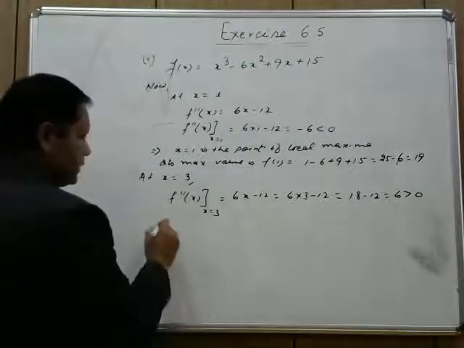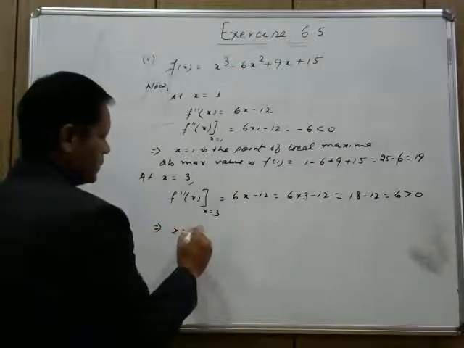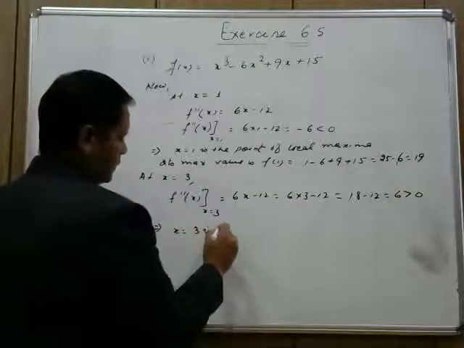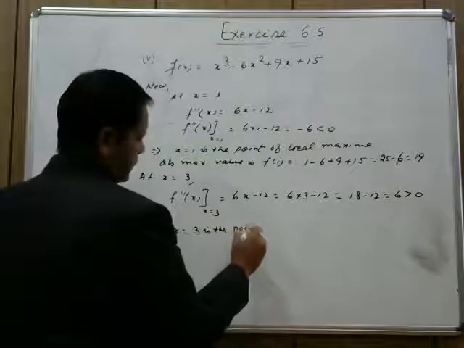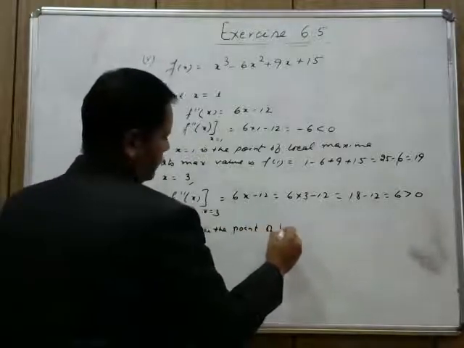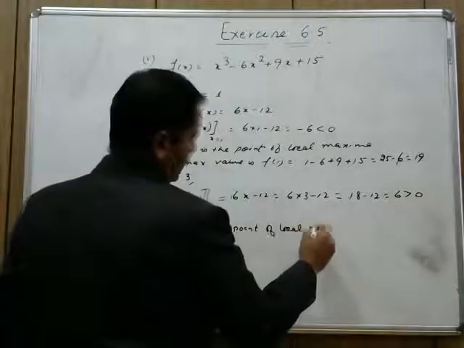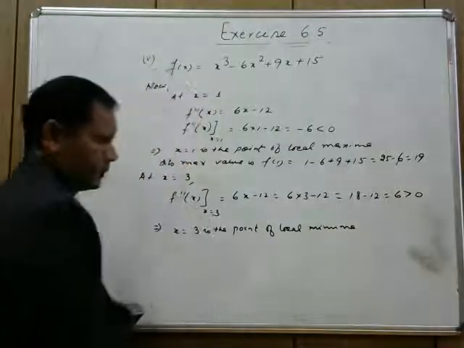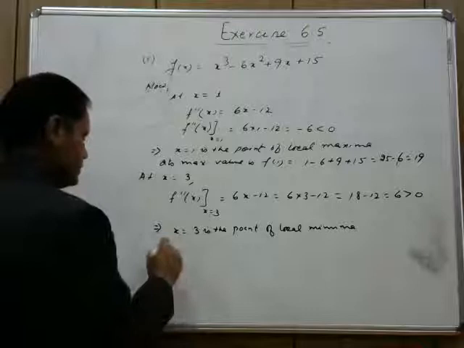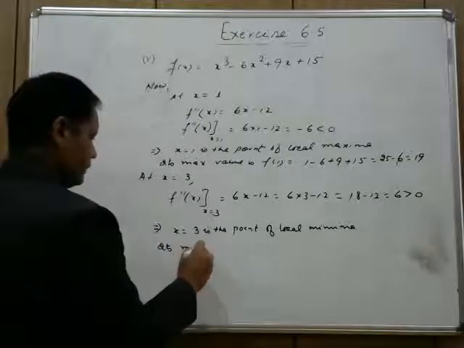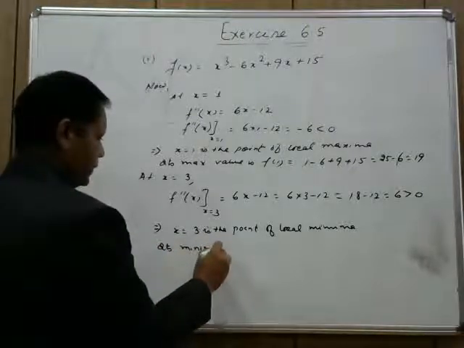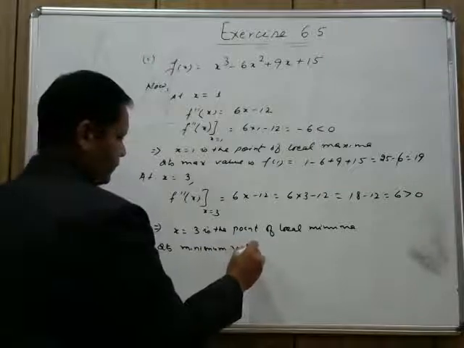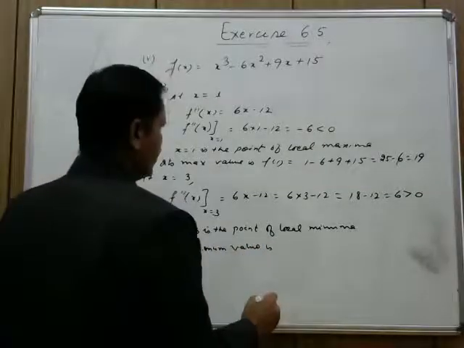It implies that x is equal to 3 is the point of local minima, right? And its minimum value is